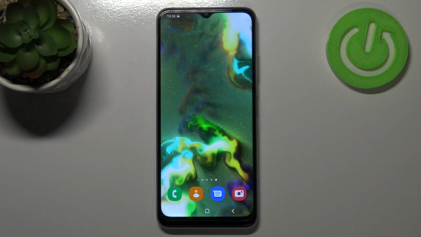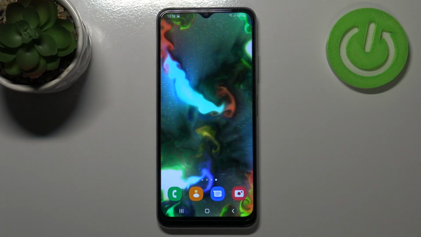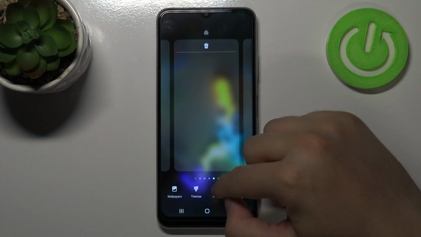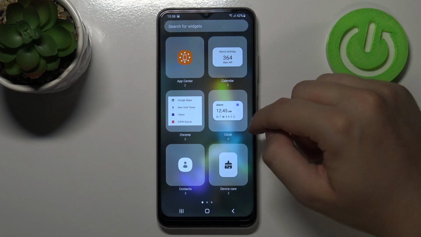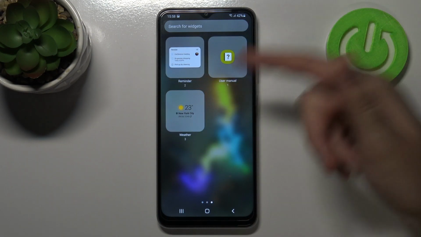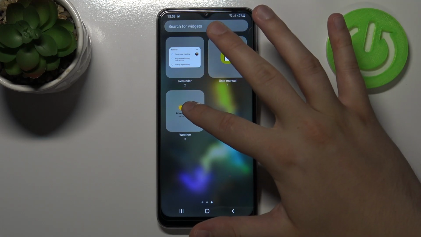Welcome, in front of me I have Samsung Galaxy A12S, and today I'll show you how you can add widgets. Click on the home screen, then tap on the widgets. Right now you can pick the widget that you want to apply. In my case I will go for the weather, so tap on the widget that you want to put on